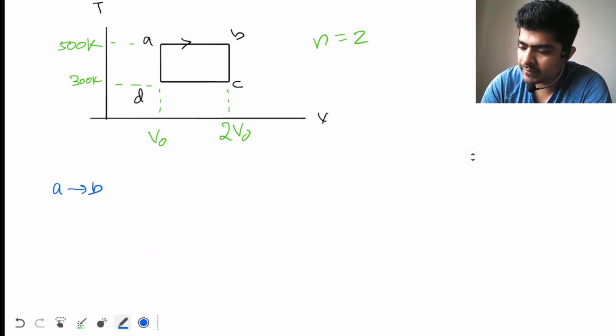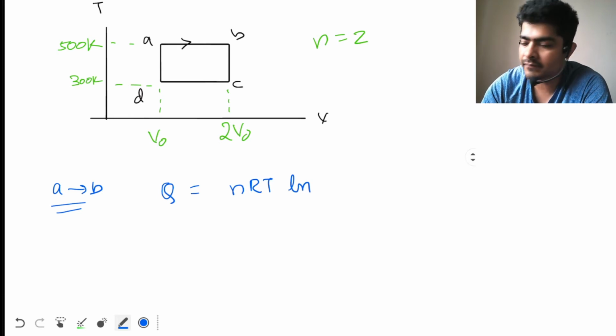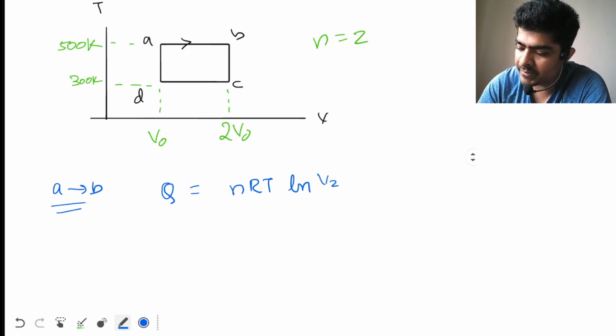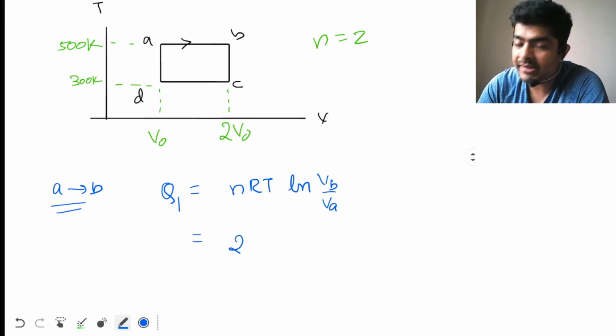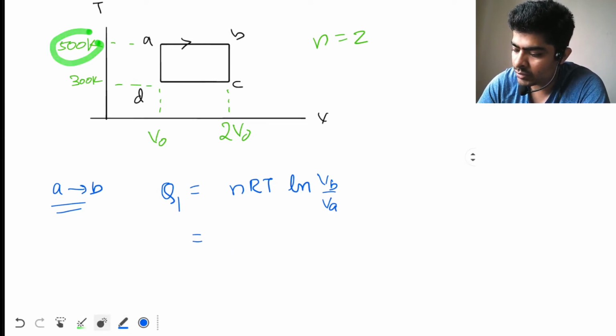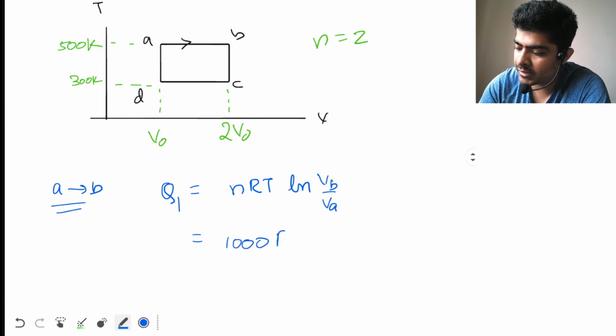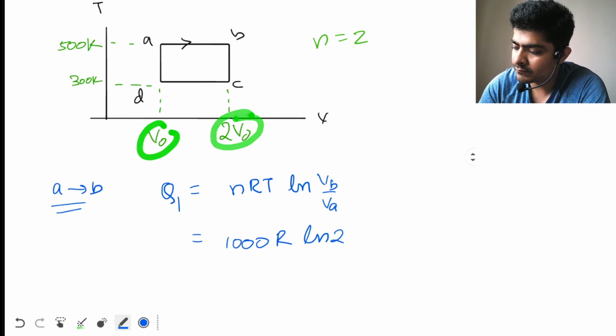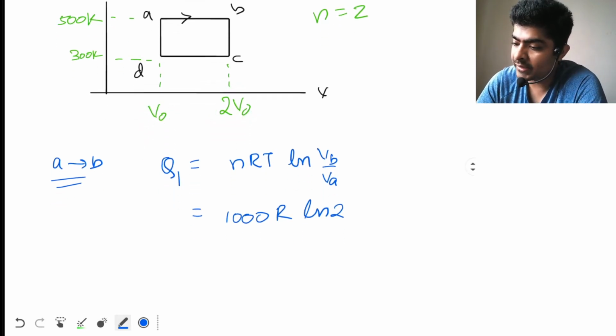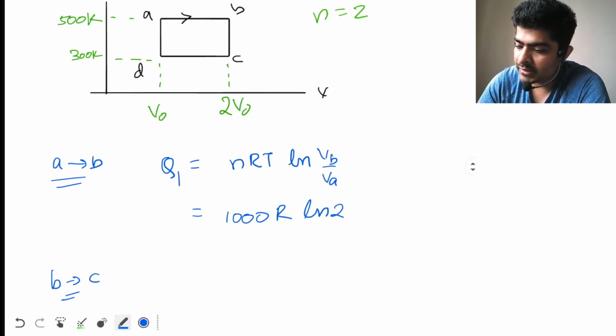So from A to B, it is isothermal process. So Q is given by nRT ln VB by VA. Okay. So N is 2 and temperature is 500 Kelvin. So I can write down 2 into 500. So 1000 R ln VB by VA will be 2. Okay. Then from B to C, it is